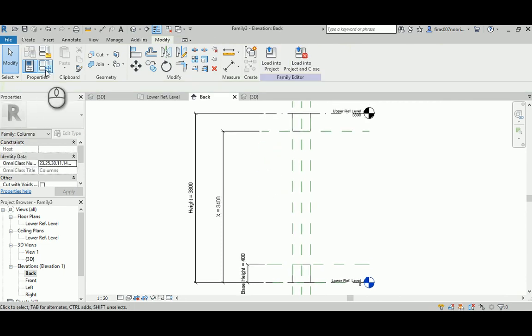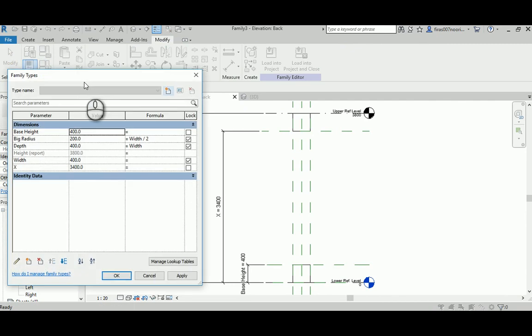So it should accept the X as the height minus the value of a base height. Okay, and let's say apply